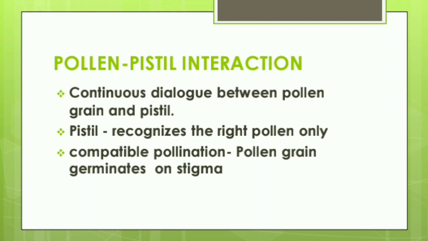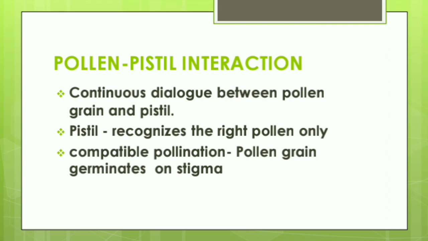Now you can also recall that pollen grains are shed at two-celled condition, as I discussed in my previous lecture, that is a vegetative cell and a generative cell. In such plants, the generative cell divides and forms the two male gametes during the growth of the pollen tube in the stigma. In plants which shed pollen in the three-celled condition, the pollen tube carries two male gametes from the beginning.